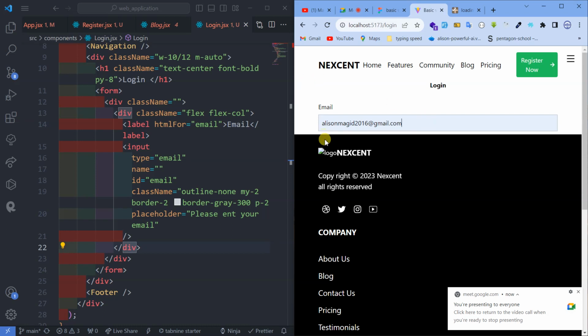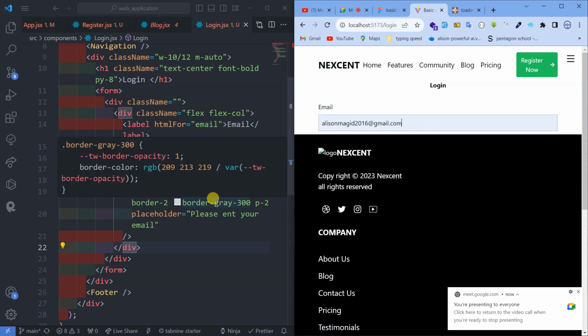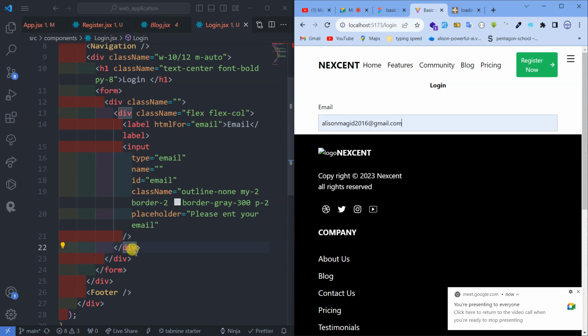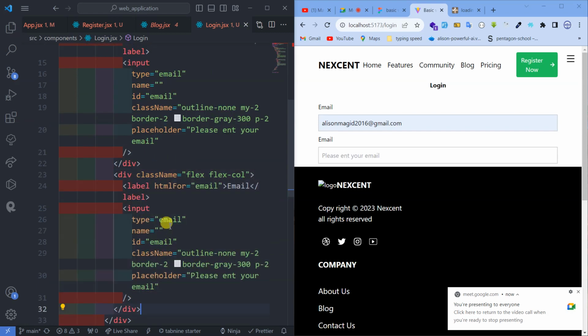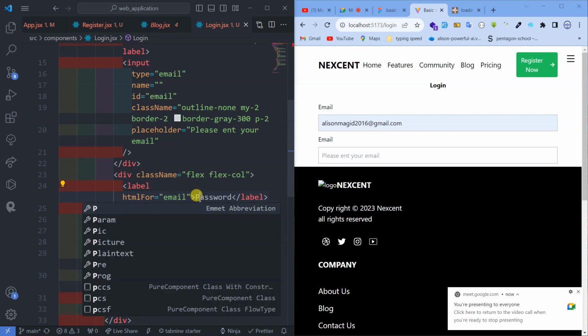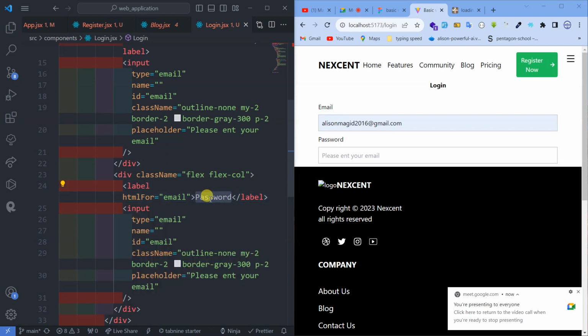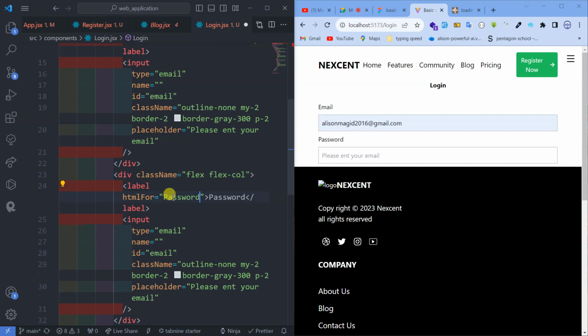So yeah, what remains is the password. I will just go and copy this one and paste it within this, and save. And here instead of email I will make it Password. But remember the password's first letter is capital. Then I can even replace here, I can put password, the type here is going to be password,